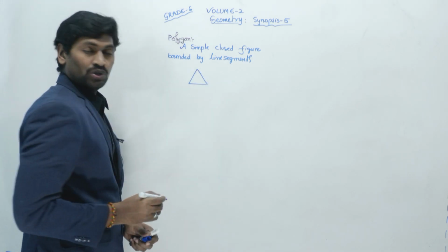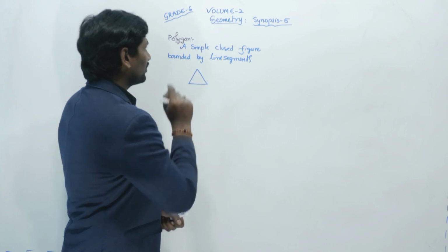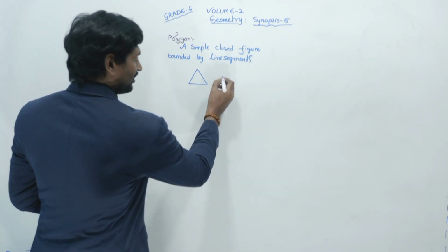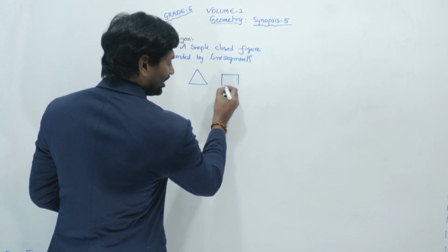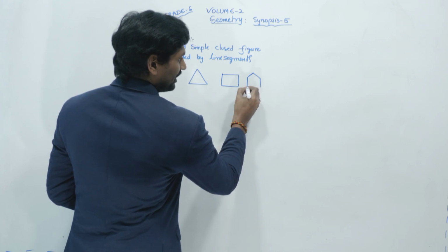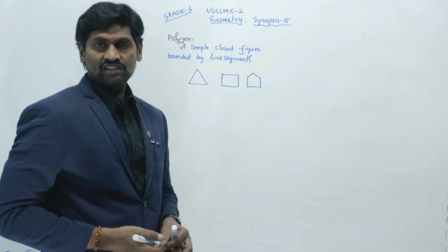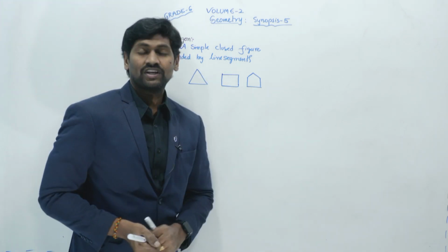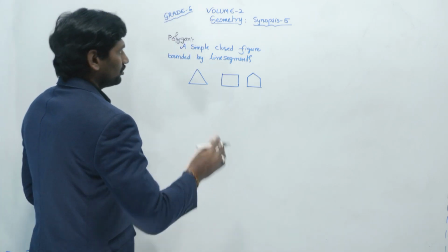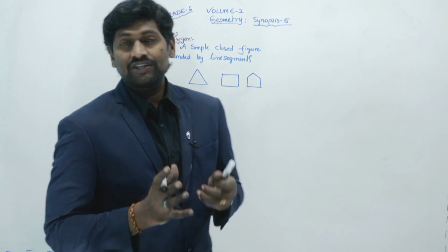It is a simple closed figure bounded by three line segments, so we can call a triangle a polygon. Triangle, square, rectangle, pentagon, hexagon, these are all bounded by line segments. Such closed figures are called polygons. Now in these polygons, we are going to discuss